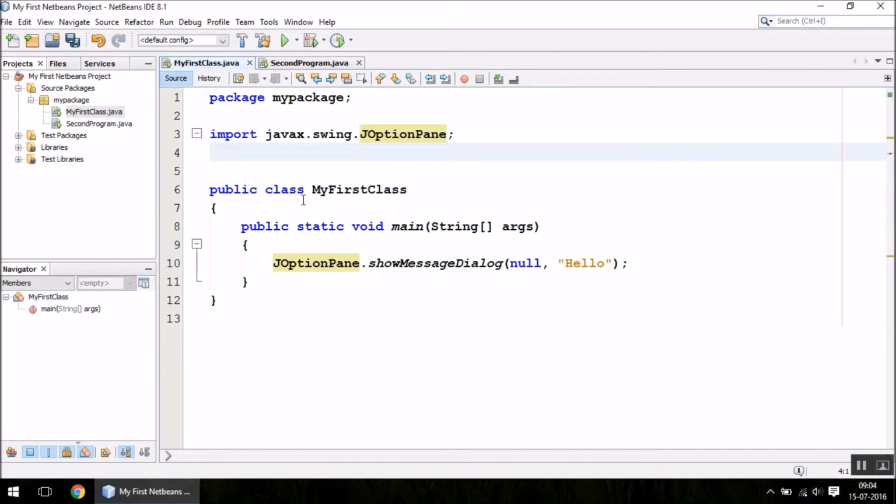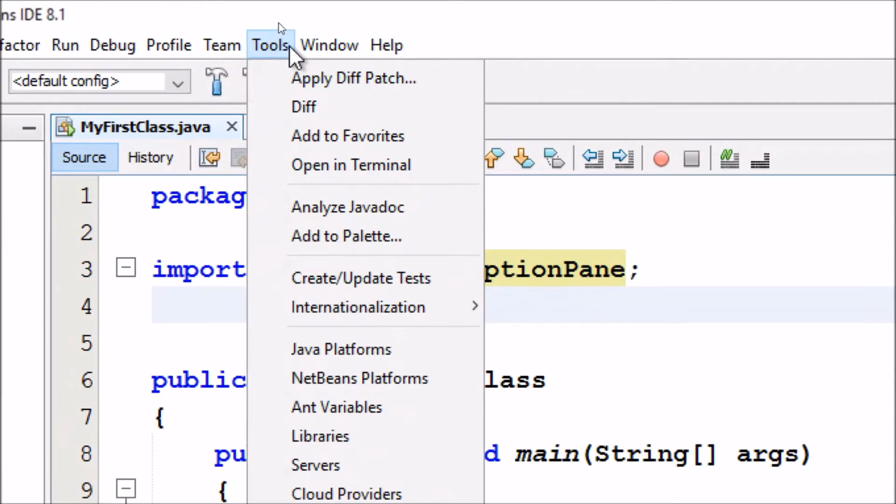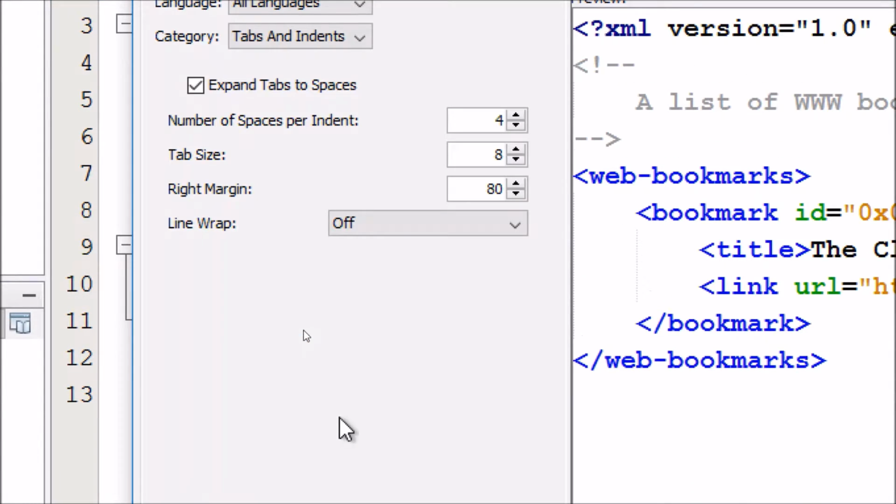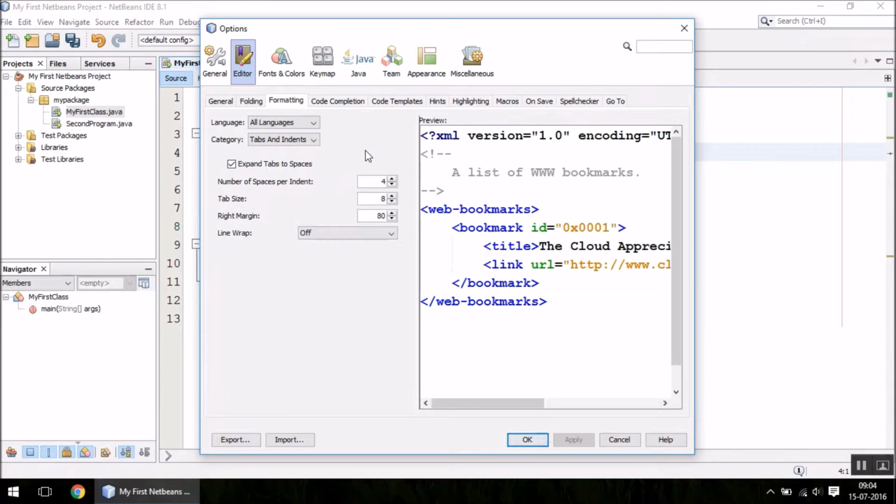Another thing we want to discuss here is some settings that you will find in the tools menu, and then go to options all the way down. Here you can make some settings regarding your font size, colors and things like these. But there are a few important settings that I personally like, although it completely depends on the programmer and his own comfort.